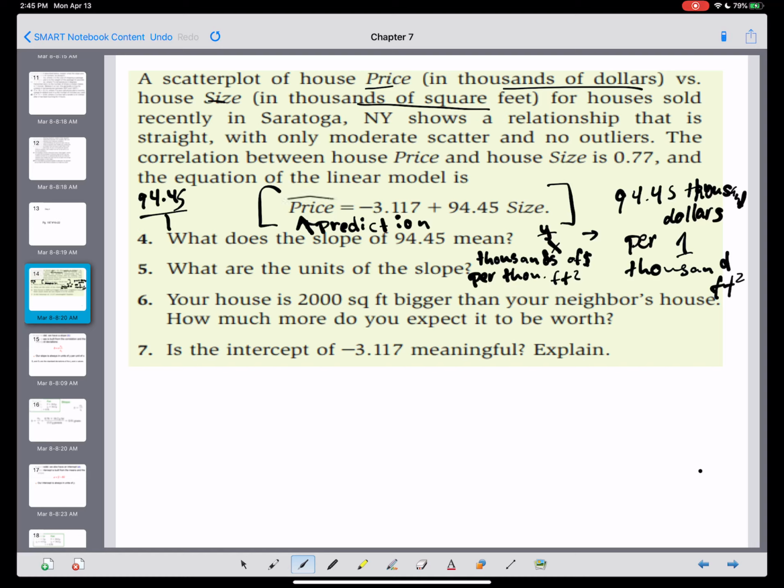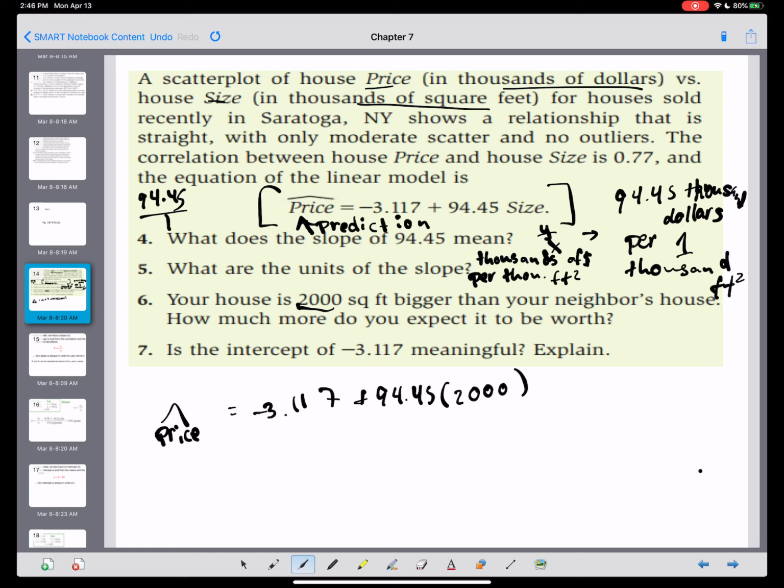Your house is 2,000 square feet bigger than your neighbor's house. How much more do you expect it to be worth? It doesn't really matter for part number 6 how big your house is or your neighbor's. It's just 2,000 more, right? So you can just do predicted price of your house is equal to negative 3.117 plus 94.45 times 2,000. Okay, so that's 94.45 times 2,000. Cool, minus